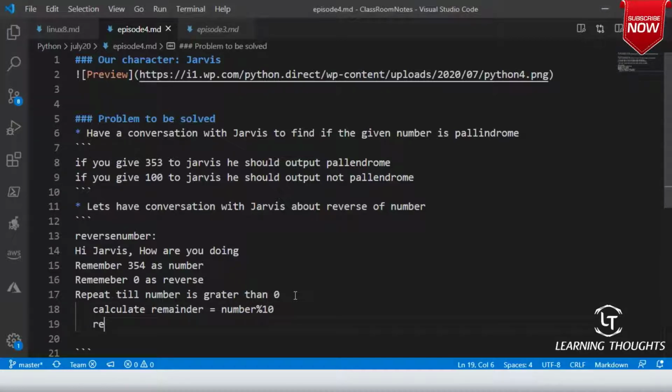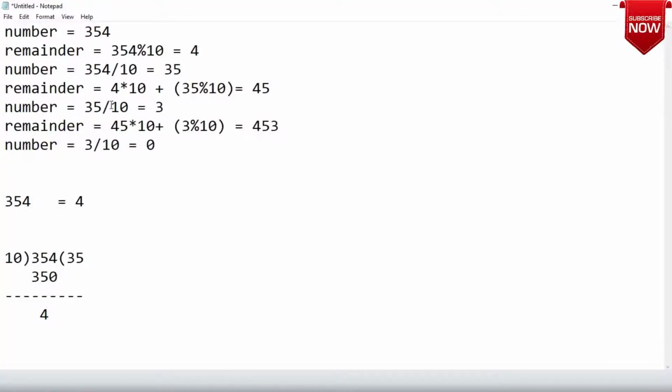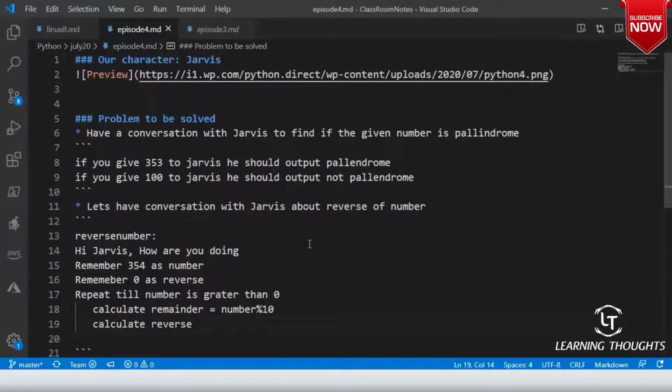And then calculate reverse. If you look at reverse, how were we calculating? We were doing the existing number into 10 plus remainder. Yes or no? So calculate reverse is equal to reverse into 10. What is 0 into 10?